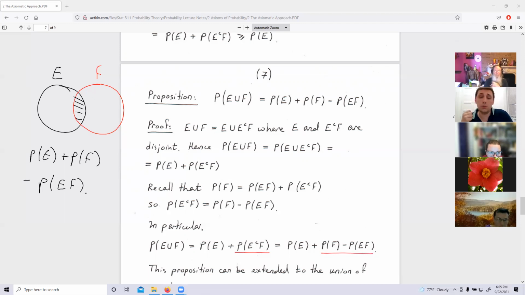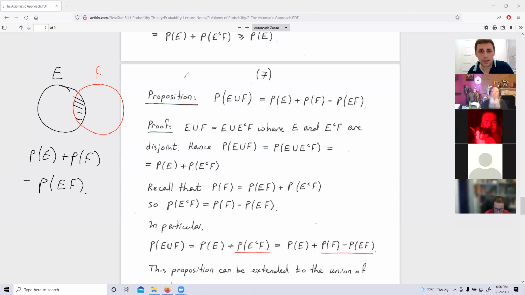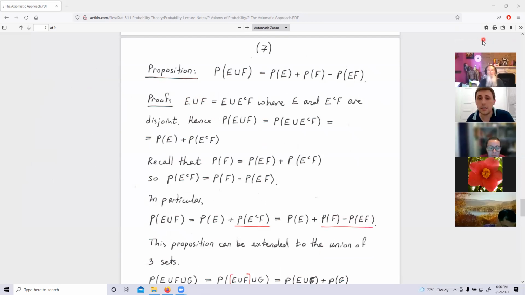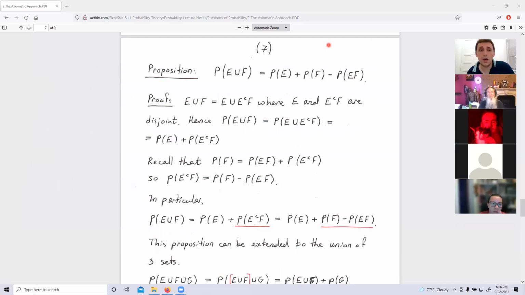Of course, we like to do it by axioms, right? We want to follow the axioms, and just drawing is very nice, very suggestive, but not directly telling me which axiom was used when. But do you understand the drawing? Yes, you understand why this result is very clear. I'm going to erase it now. Now, by the definition, I can do the following, guys. I can use axiom 3 essentially if the events are disjoint. So I can write this entire union as E union E complement F. Do you agree? And now they are disjoint.